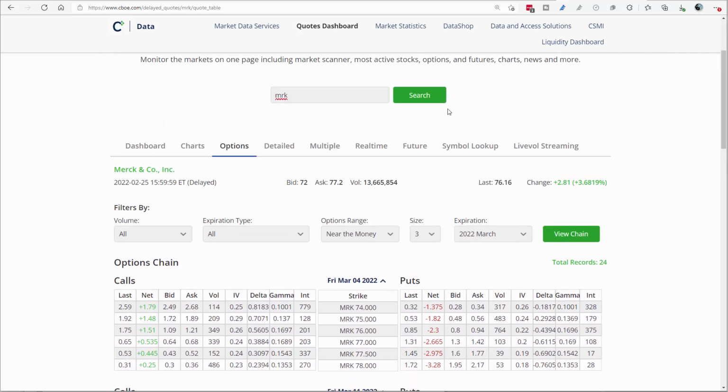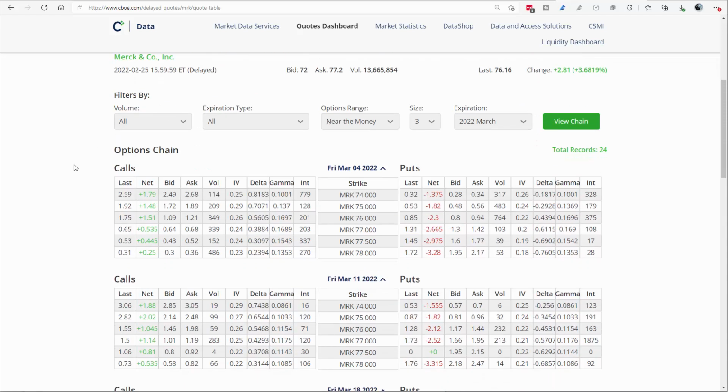For example, this company Merck, right? I can see a current price of $76. So what if I sell a put? If I sell a put, the last trade was 85 cents, between 80 cents and 94 cents. I might get 90 cents, maybe even more if the company moves down a bit during the trading session, so I can sell at a higher price. But what I can already see is that the current price is $76, a bit higher, right, and I sell the 76 strike, so at the money